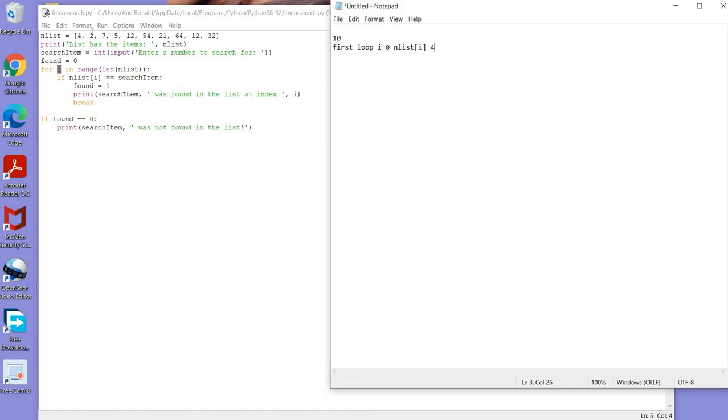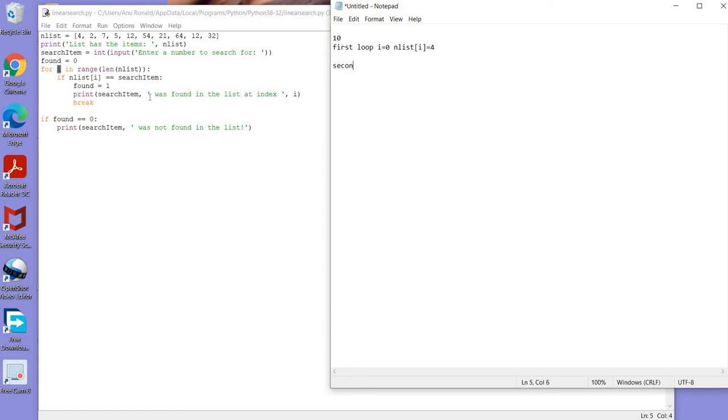Just think that I am going to search for number 7, which is at index 2. So it compares nlist of i with the search item. Here we have 7, so it is not equal, this if statement will not execute, and we don't have any other statements after the if inside the loop. So the next iteration will happen.